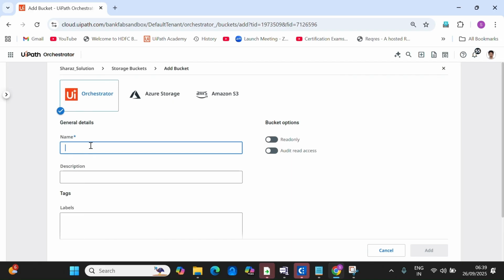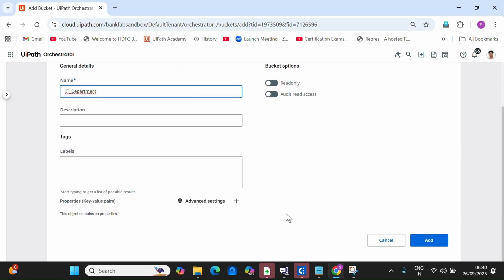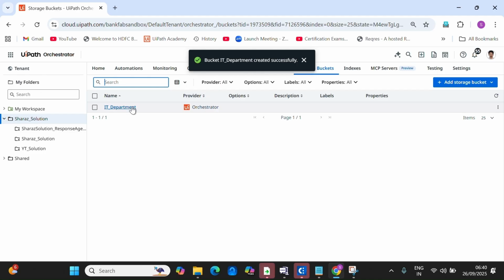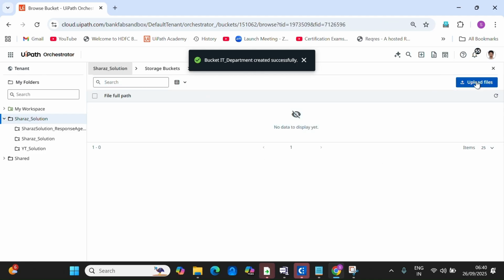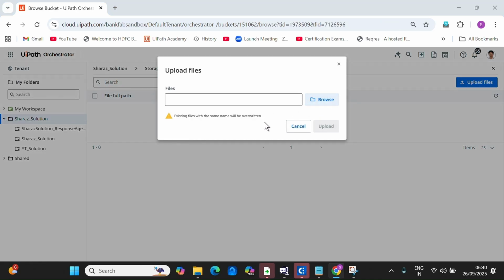Normally, let's say that this is something related to IT, so this is the IT department. Any process or any document related to the IT department, I'll be storing in this storage bucket. It's up to your convenience how you want to segregate the documents. So just click on add. I just created a storage bucket. Now I need to upload the files. I click on this, browse,